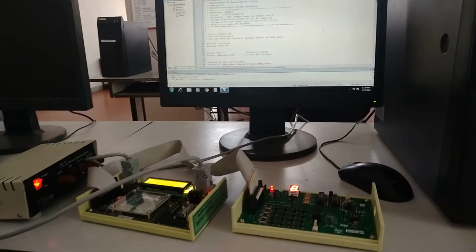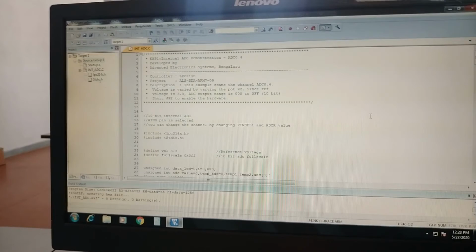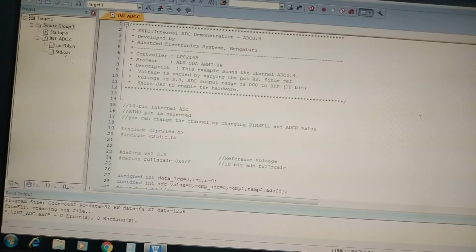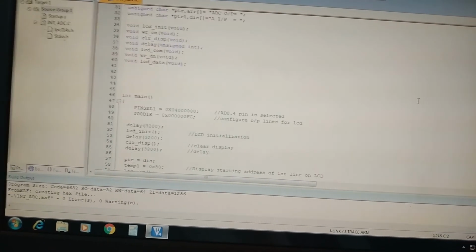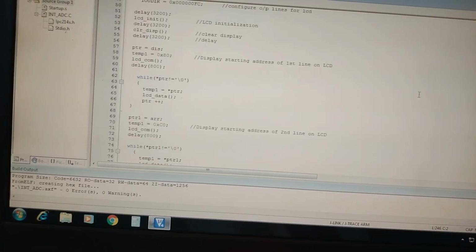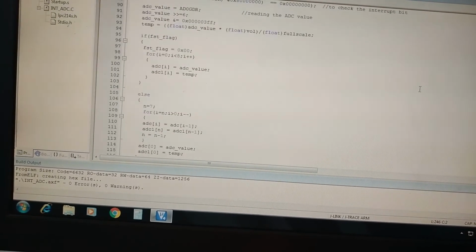Let us start another important interfacing experiment, which is known as analog to digital conversion. First you observe the coding; I already explained the coding line by line. Now I am starting to demonstrate, and we will observe the results. Before that, let me explain how to connect the hardware, one by one.